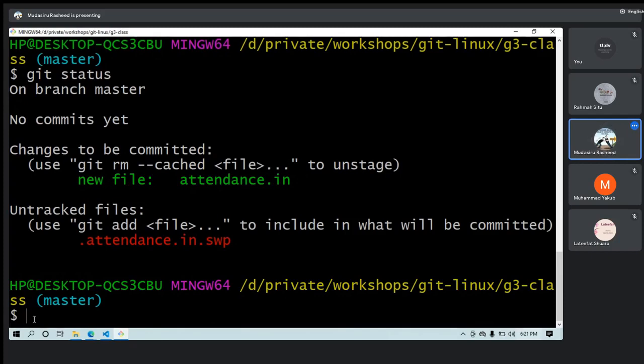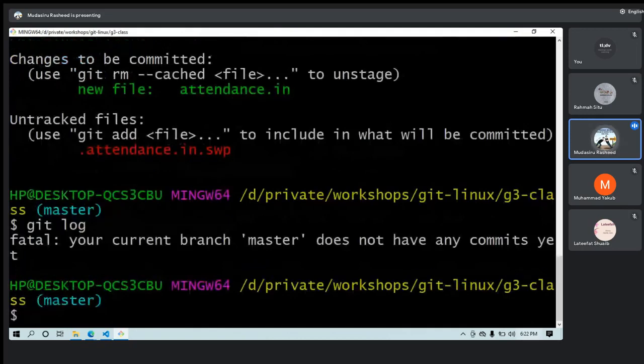Okay, let's say now I've completed my project. Now for me to push it to the remote repository, I first stage it. It's not yet committed, so then I have to commit it. For me to know how many times I have staged something, how many times I have done something, we have another command called git log.